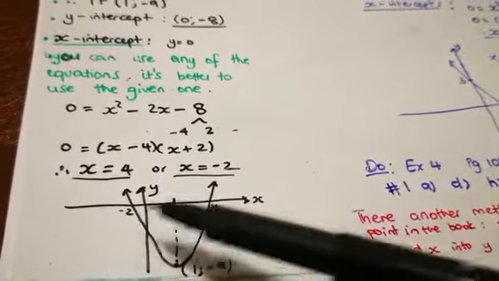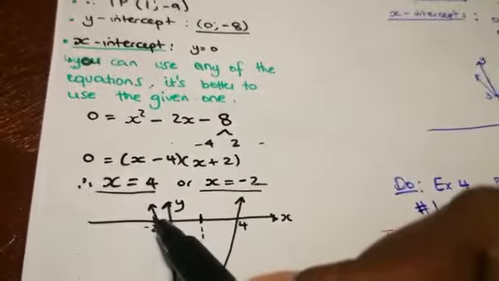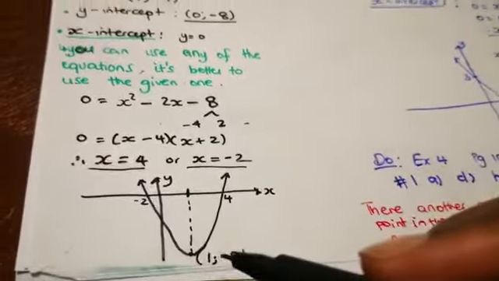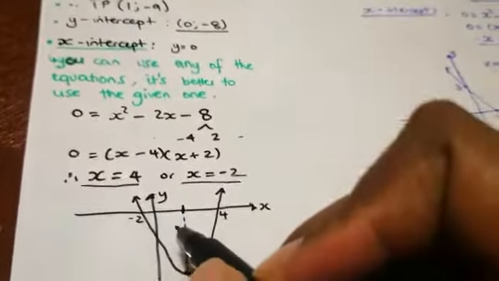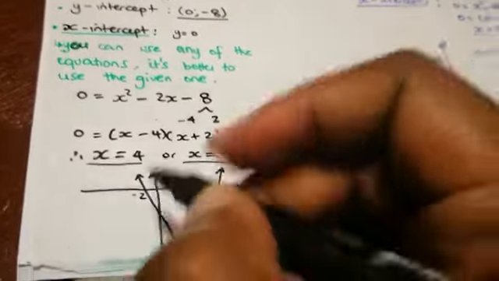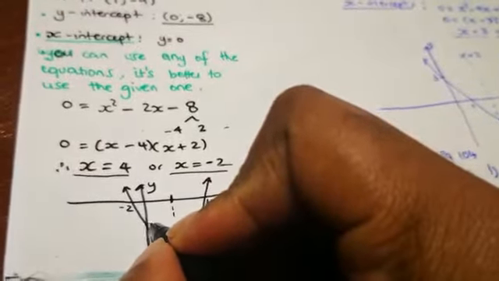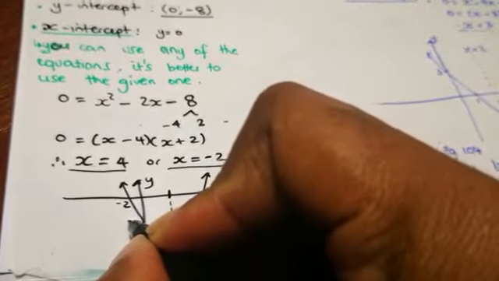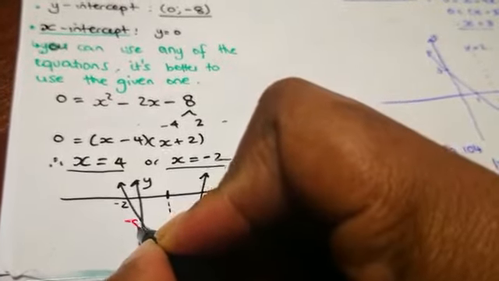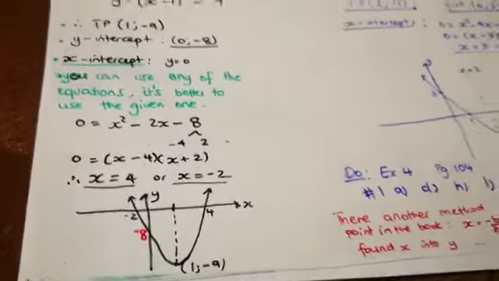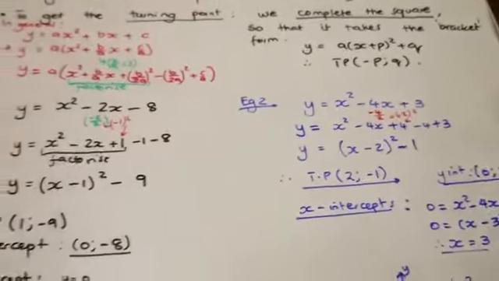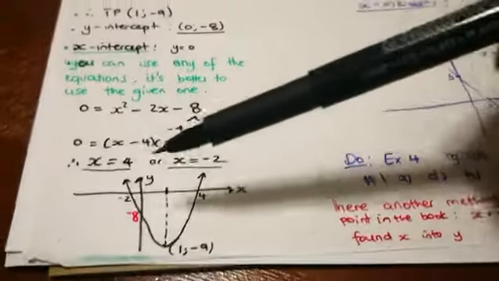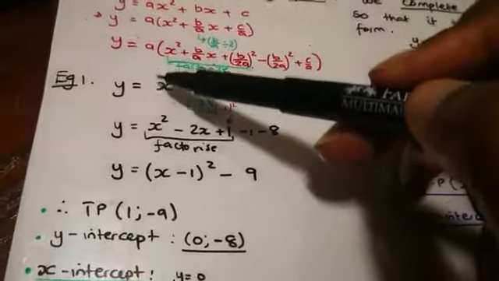Remember, when you sketch, you must indicate the x-intercept, and then you must also indicate the turning point, which is 1, -9, as well as the y-intercept. So the y-intercept is over here at -8. Okay, so that is your y-intercept. Okay, so second equation, and the graph is upright like that, or it's a smile, because a here is